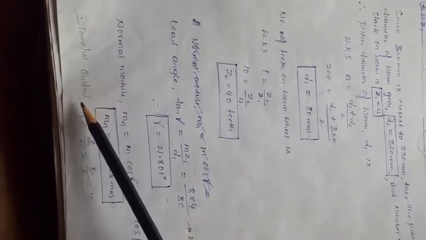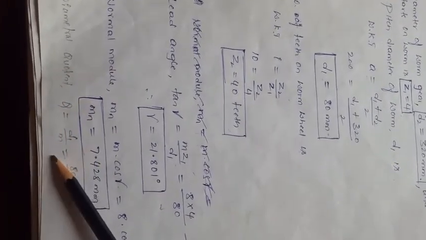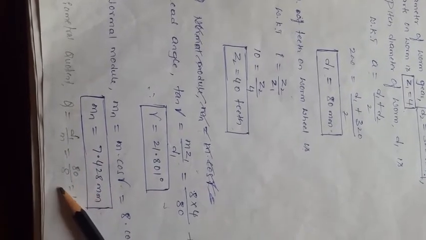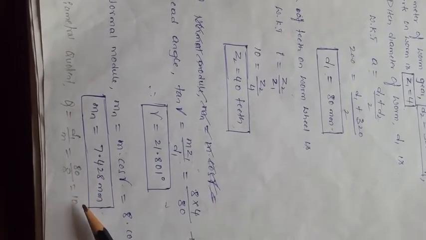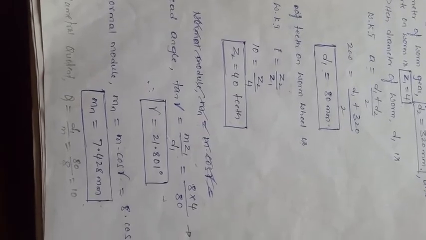Then the diameter quotient q is equal to d1 divided by module m. d1 is 80, divided by module m, which is 8, you will get the diameter quotient as 10. Then you go for determining the other dimensions of the worm and worm gear. The first dimensions of the worm we will get from table 23.85, page number 23.171. Now calculate the face length, depth of tooth, addendum, dedendum, outside diameter, and root diameter of the worm.